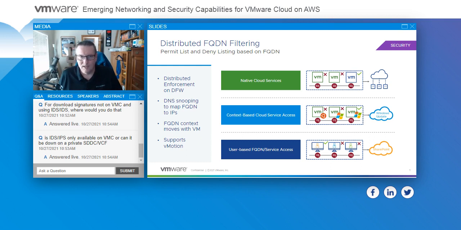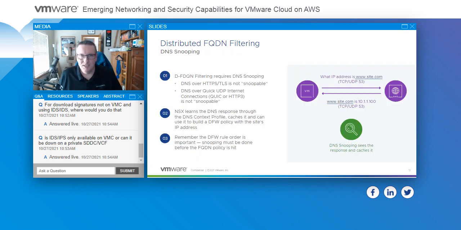Now, the underlying technique to achieve this is a technology called DNS snooping. As its name kind of implies, it sits there and listens for the DNS queries going out over TCP or UDP port 53, the traditional ports and protocols for DNS, and looks at the responses. So if somebody was asking for, in this example, www.site.com, and the response back was 10.1.1.100, it then uses that IP address that was in that DNS response